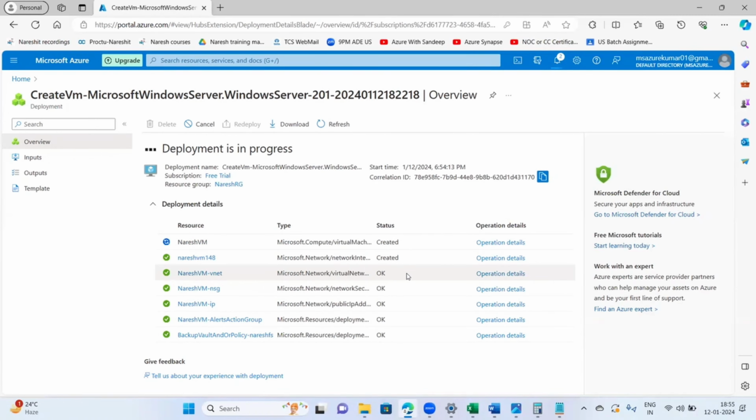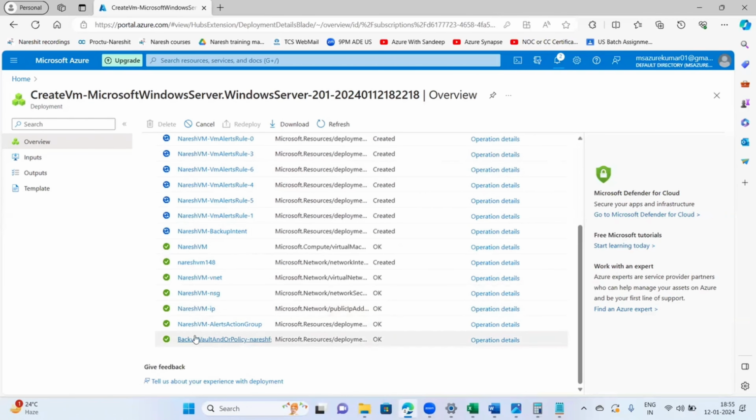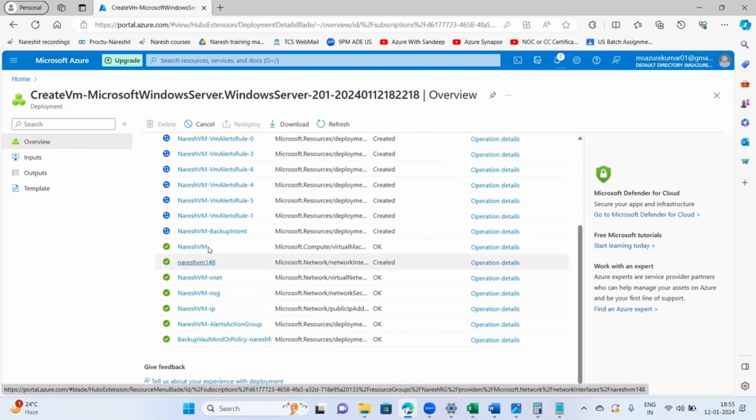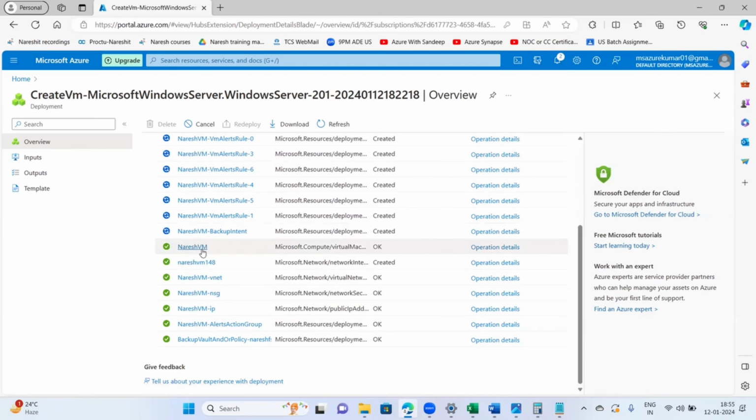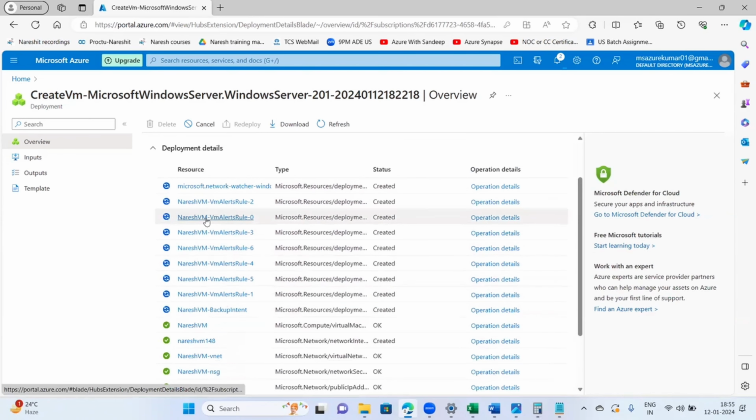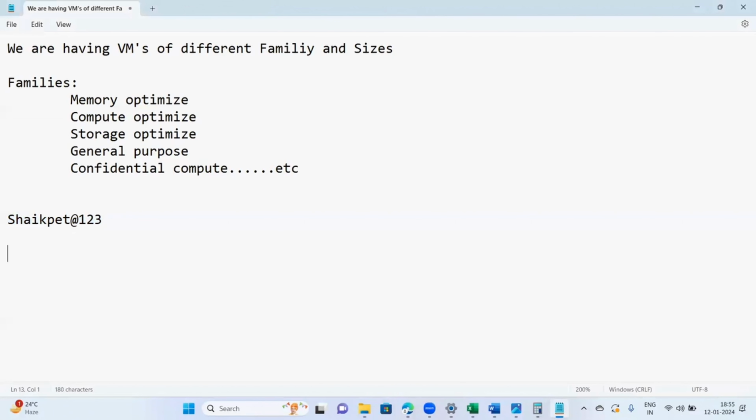See, it is creating all the things. It is creating IP, NSG, IP address, VNet, network interface. Now the VM, Naresh VM, got created. All these things. Now see, it is creating many other things because a virtual machine or a server in cloud